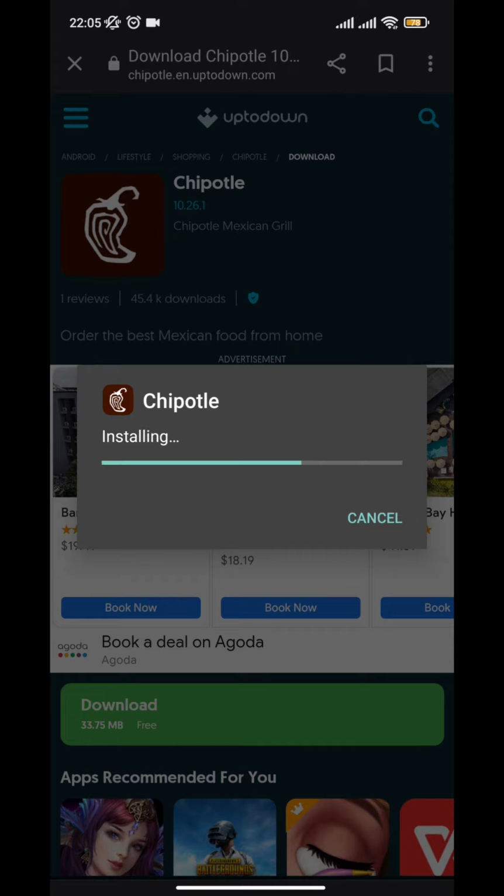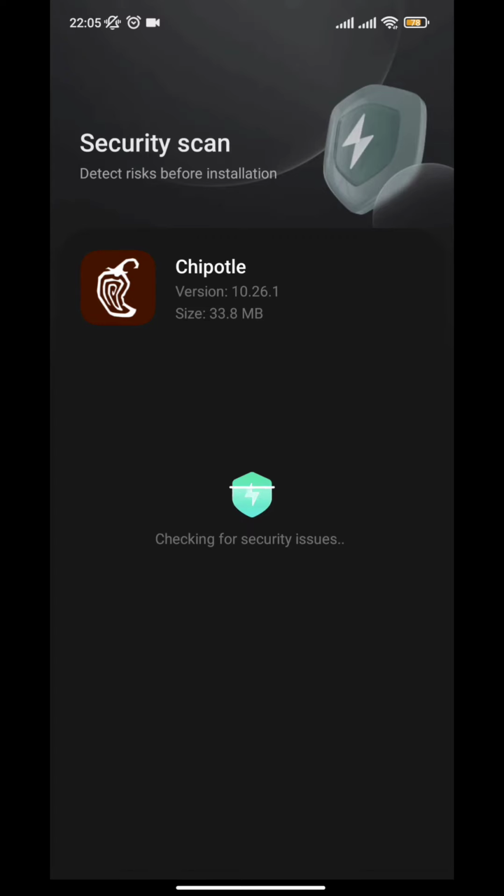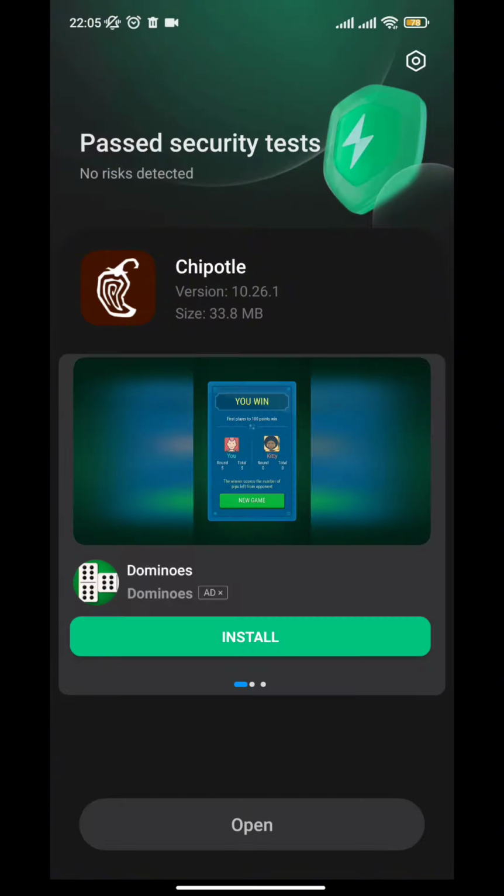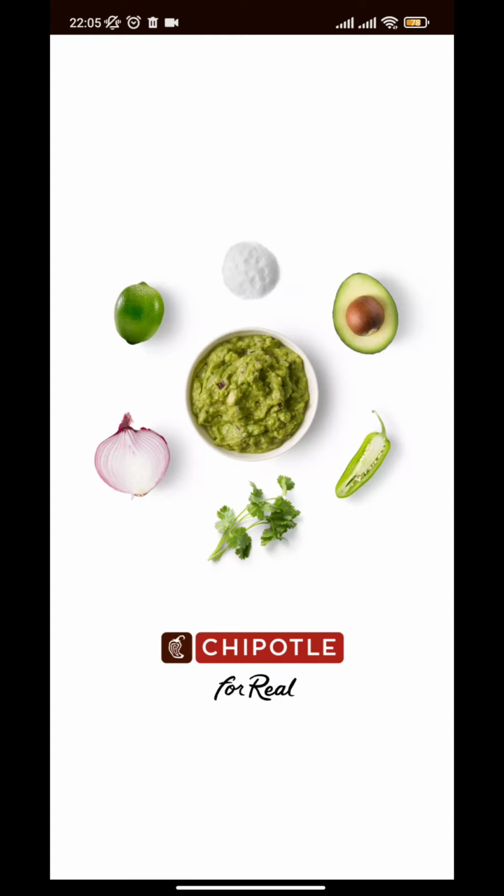So now all you need to do is press on the install button and it will start to install the app on your device. So once the installation process is completed, it will redirect you to its security scan page. So after the app passes through the security scan, you are all set with your Chipotle app downloaded in your